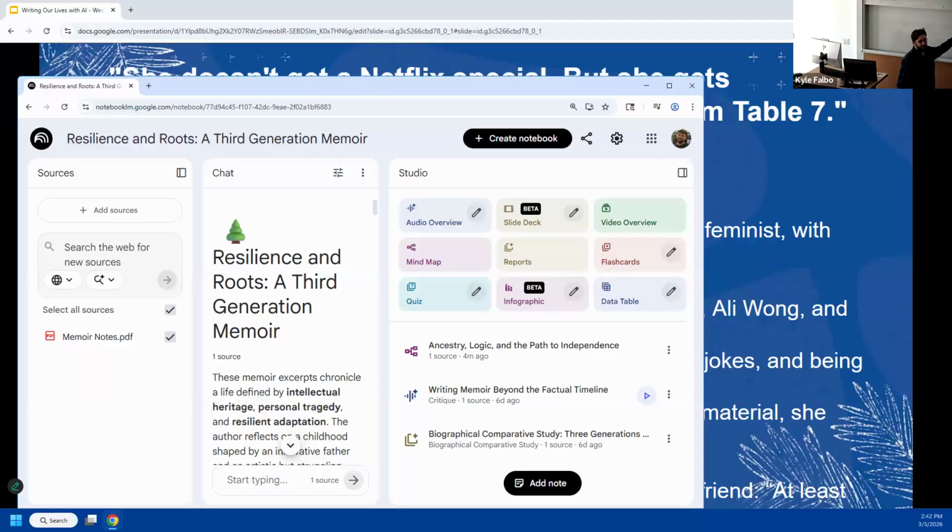You can add audio and video too. With the video, it won't watch the video, but it'll read the transcript, and then it'll be able to use the transcript of the video as part of its digestion.